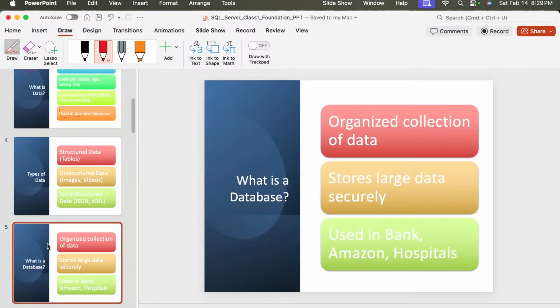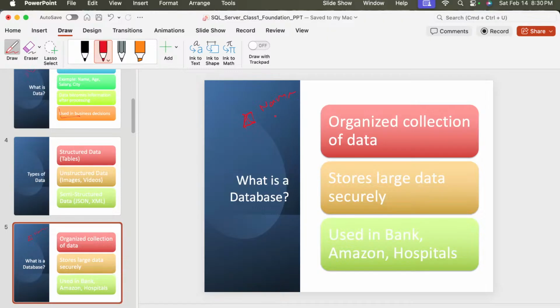Example, in a school database, suppose this is the school. Sorry, I am very bad at writing. So suppose this is a school, and in the school we have a database called student: name of student, roll number, marks.